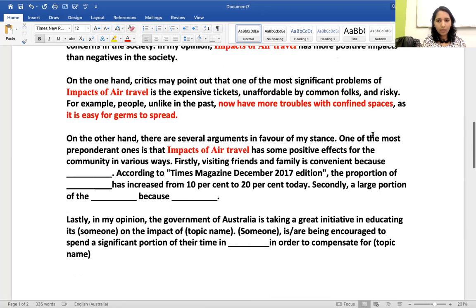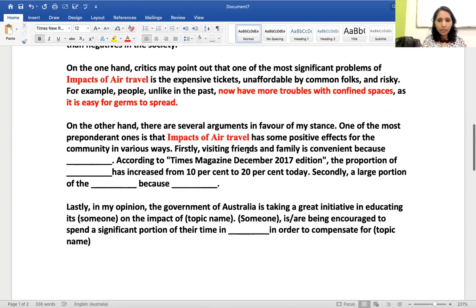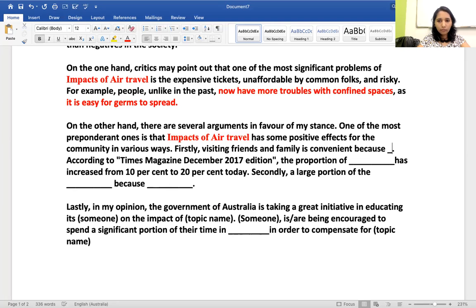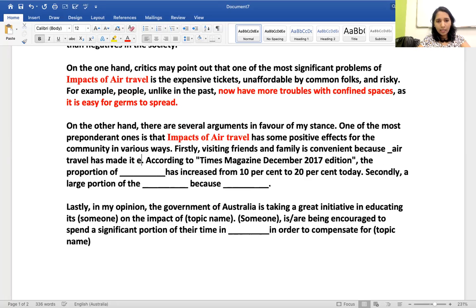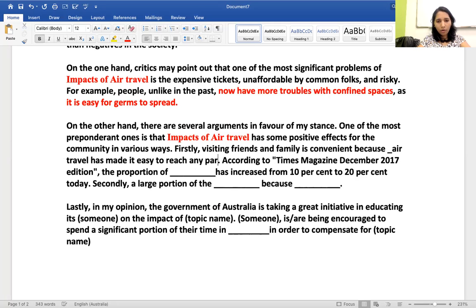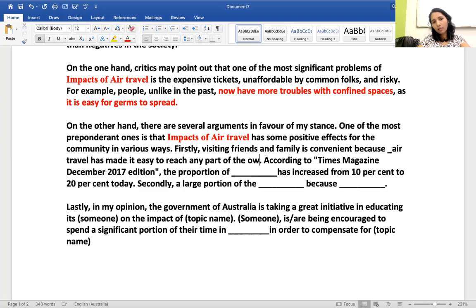So firstly, it's convenient because it is easy, or because air travel has made it easy to reach any part of the world